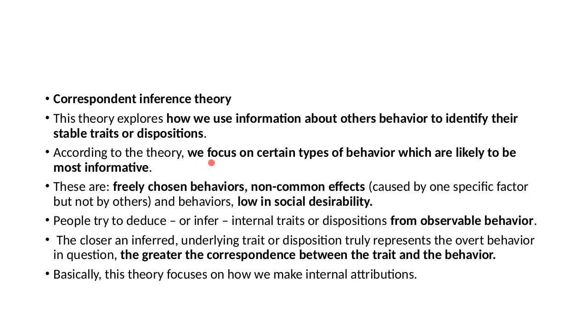According to the theory, we focus on certain types of behavior which are likely to be most informative. You focus mostly on the behavior of a person in order to determine their inner personality, the stable traits and dispositions. So people try to deduce,